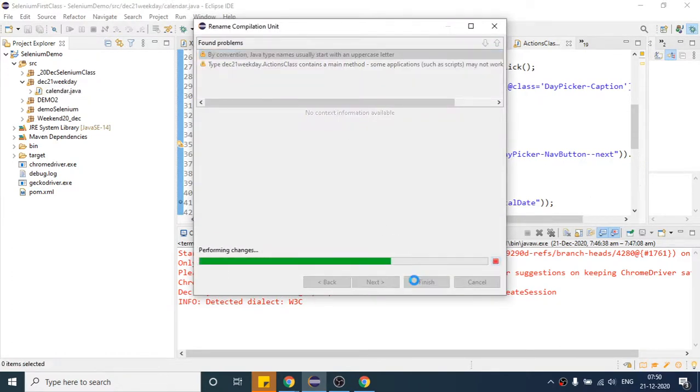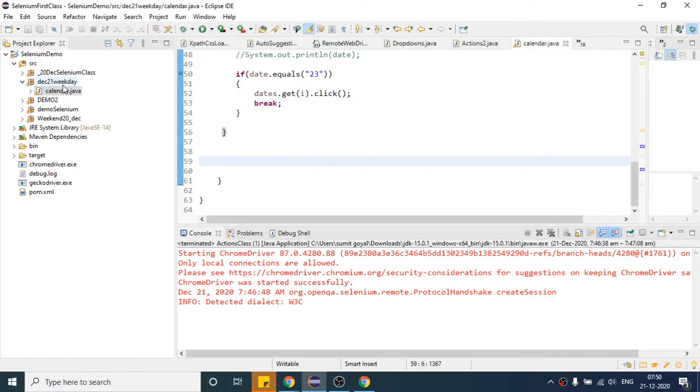Click on finish. Okay, so this is our calendar code.